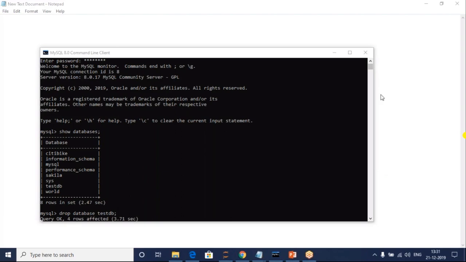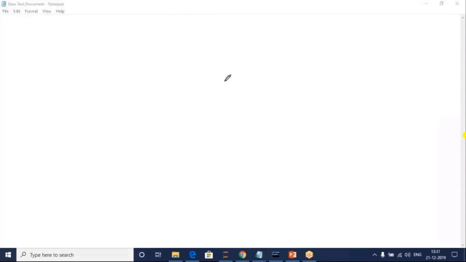Today we are going to start with the database management system. We had already learned about the data system previously. Inside the database systems, we are able to create